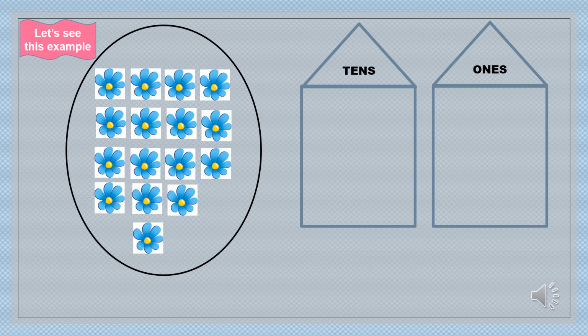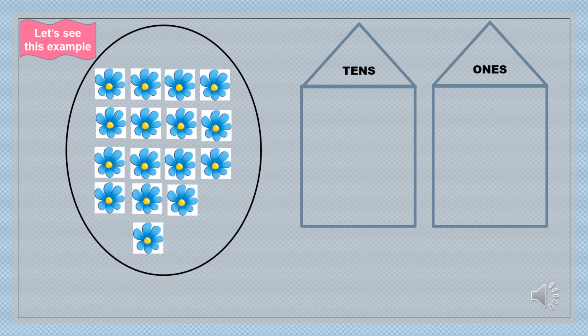Okay. And you all know in this tens house, a group of 10 flowers is going to come. If it is less than 10 flowers, it is not going to come in this tens house. If it is less than 10, it will go in one's house. So first what we will do, because we can see in the picture, yes, these flowers are more than 10 in number. So we will remove 10 flowers from here and those 10 flowers will get joined together and they will form a group of 1 ten and then they will go in tens house.